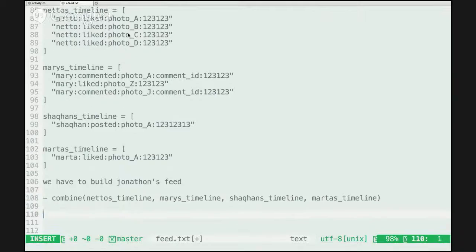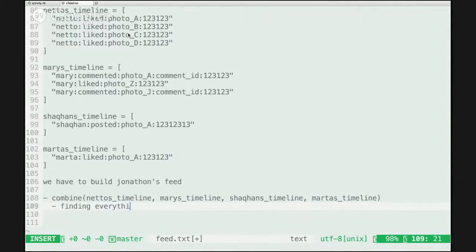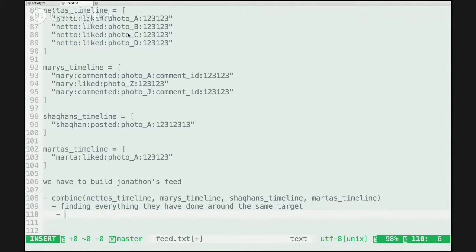And combining that would mean finding everything they have done around the same target. So that would mean I'll have to break all the timelines down